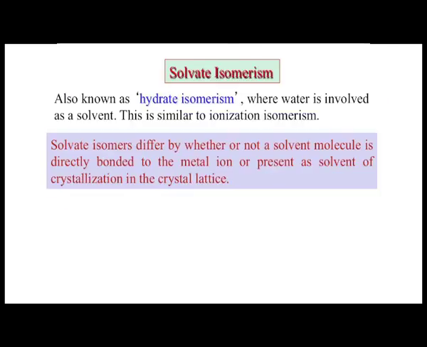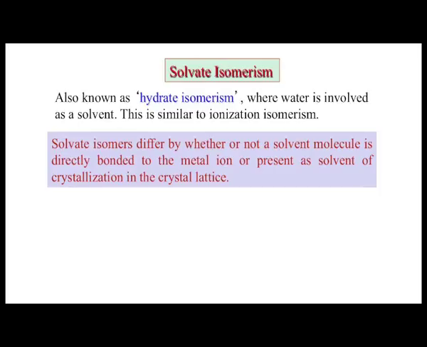Then solvate isomerism is also interesting, where we look at how many solvent water molecules are present, and we also call it hydrate isomerism. The way we know the formula of copper sulphate is as copper sulphate pentahydrate. That means 5 water molecules are present along with the copper sulphate. So, hydrate isomerism will tell us whether the water is involved as a solvent, that is, as a solvate. It is similar to ionization isomerism, in that the water is coming to coordinate or water is going outside.